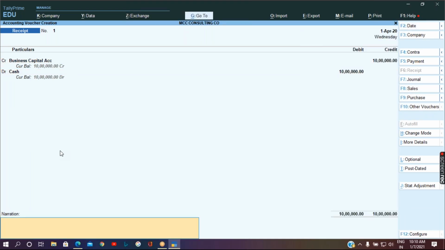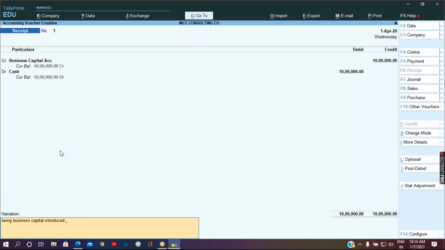Then it's mandatory, as you all know, that for every transaction we are supposed to write a narration. So this narration will always start with the word being. We can write anything as per our understanding.